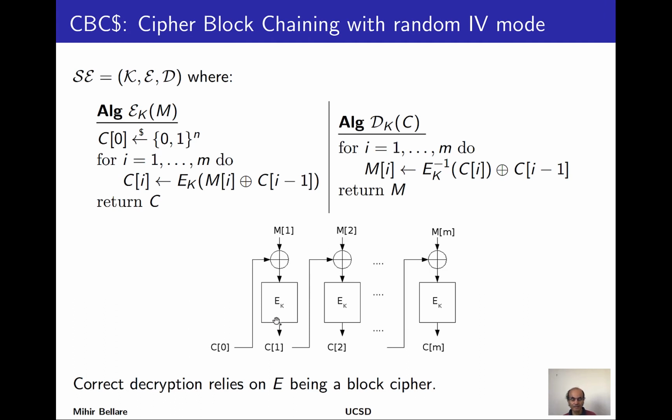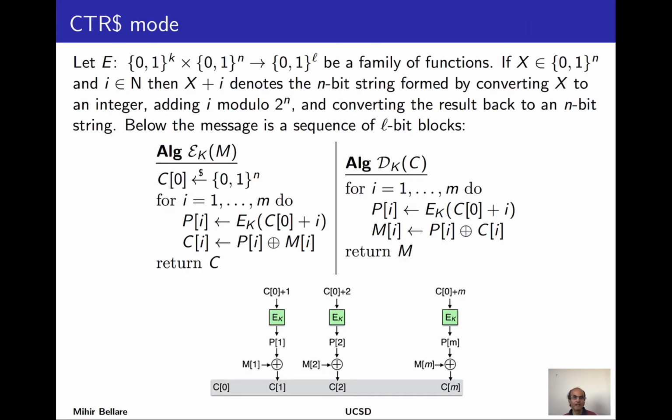So correct decryption relies on E being a block cipher and relies on the initial vector being available. Okay, and this is a popular encryption scheme. Here's another one called counter mode, another mode of operation for a block cipher, which is by now possibly even